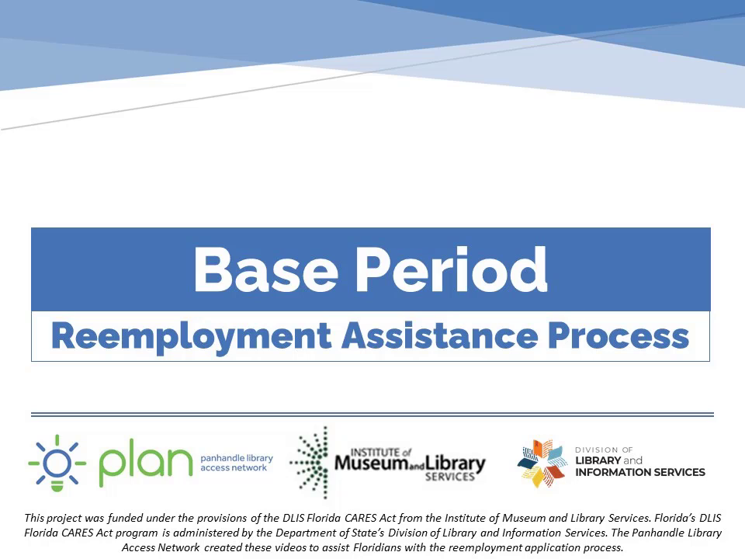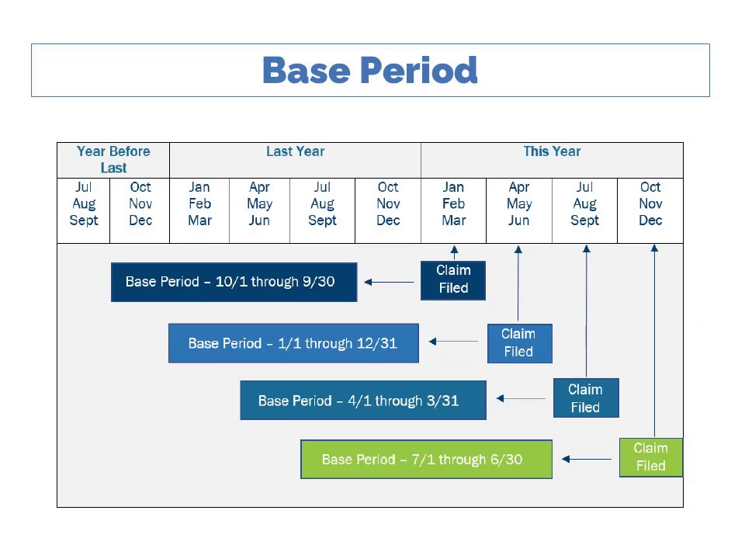This video defines the base period used in calculating your reemployment assistance benefits. Reemployment assistance is just Florida's way of saying unemployment compensation. The base period for your claim is the first 4 of the last 5 completed calendar quarters before your benefit